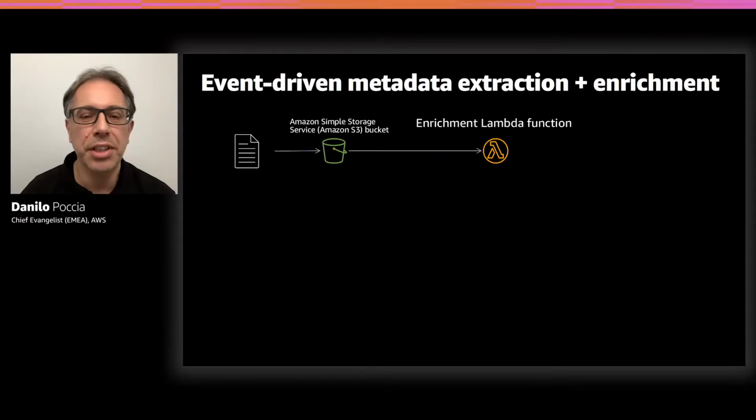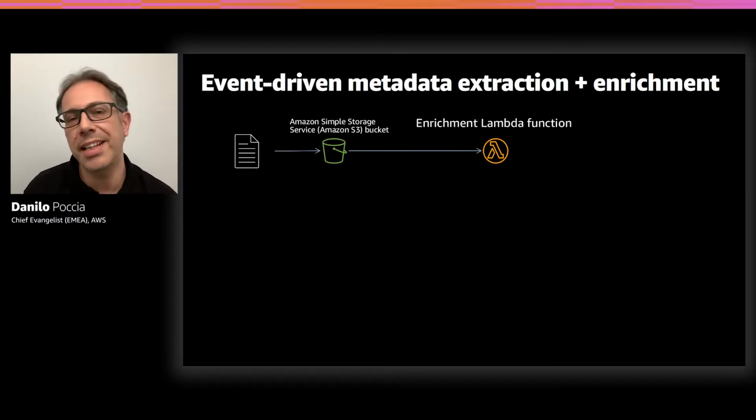So without further ado, let's start with the event-driven metadata extraction and enrichment. This is a very common use case when you have your data that normally is uploaded in files into an S3 bucket. And this data can be, for example, unstructured data like customer reviews, social media comments, or even videos or pictures. So how can you improve the information that you have? How can you enrich it? So you can trigger, when an object is uploaded, an enrichment Lambda function that can use any code you want